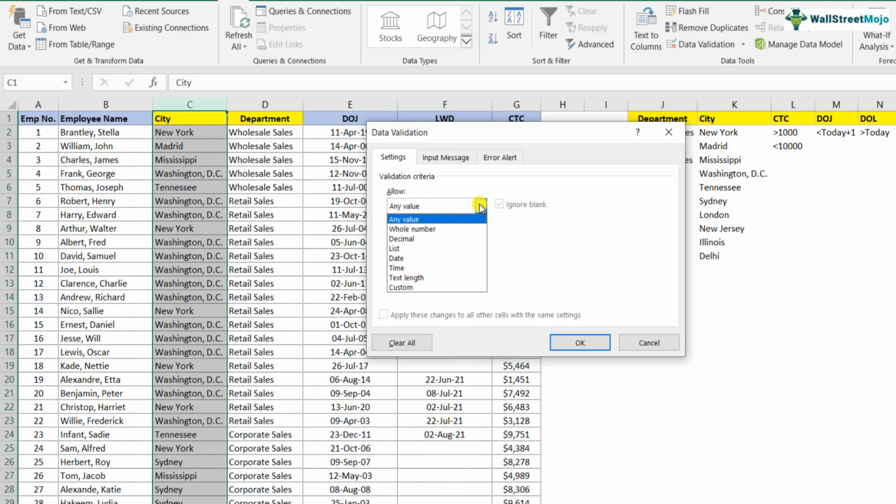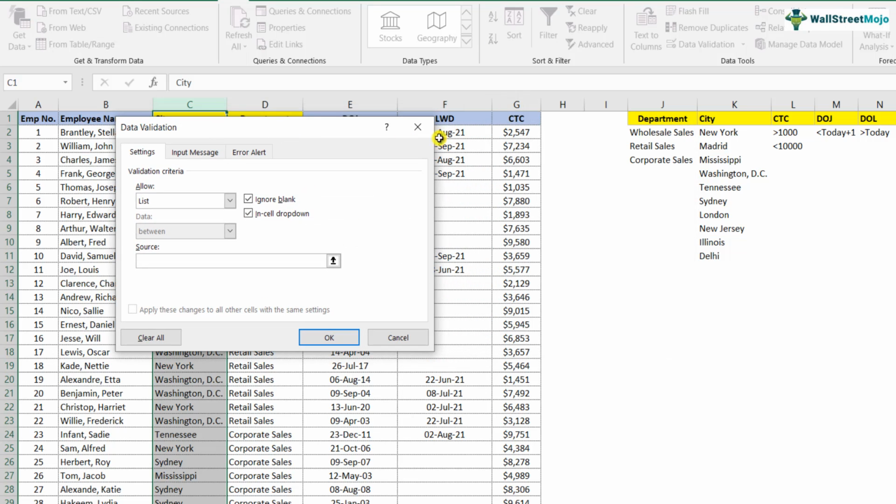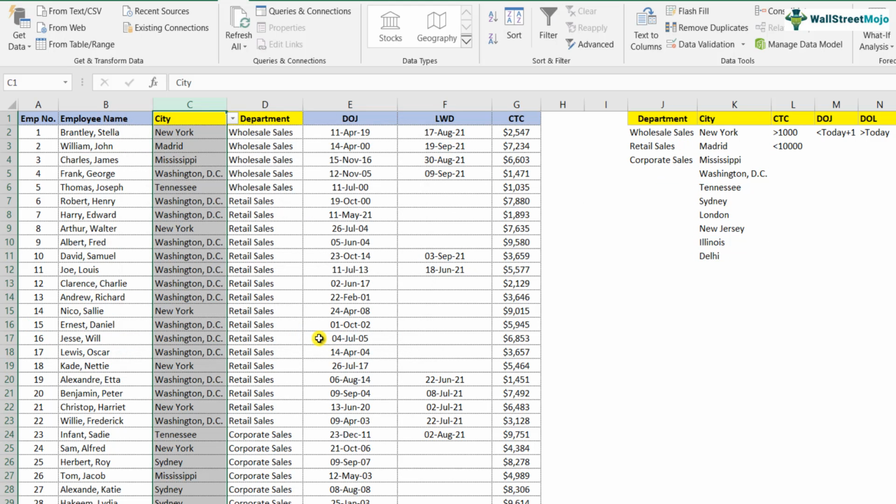So what I do is I select list, and where's the source at? My source is defined over here, the city is over here, so I select this as my source, K2 to K11. I do OK. Now in some time you'll get to see that all of this has been validated. You simply click on the drop down and you'll see all the list.